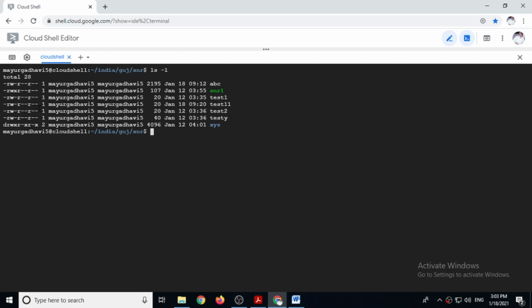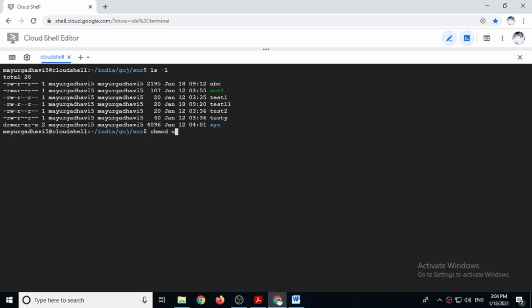Now if you want to take away permission, then you have to use the minus sign, and if you want to give permission, then you have to use the plus sign. So let's see how to do chmod. From the owner, meaning the user, we need to take away the execute permission of the file snr1.